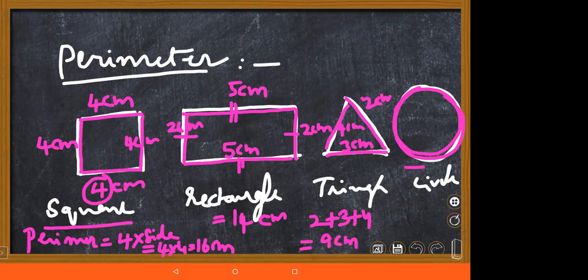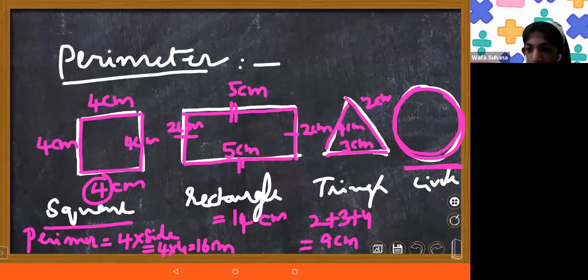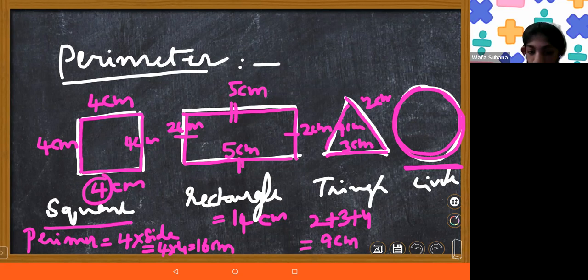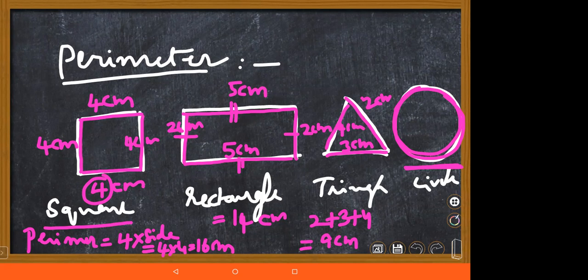I want to find out the perimeter of this figure. How should I find it, children? We need to take a thread and place it around the circle, then take the thread out and make it into a straight line, and measure it with a scale. Very good, wonderful job. Because it's a curved surface, it's not a straight line, so we can't find the exact length directly. As Ashwath said, we can use the thread around the boundary of the circle and measure through a scale how much length it is.